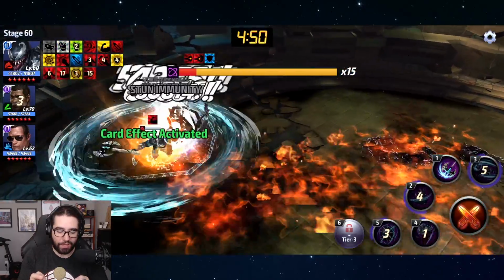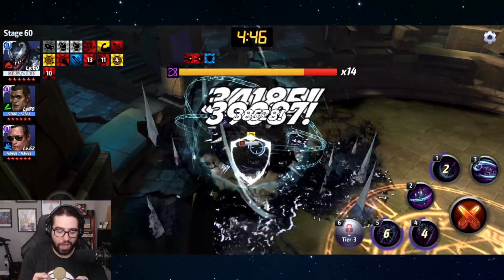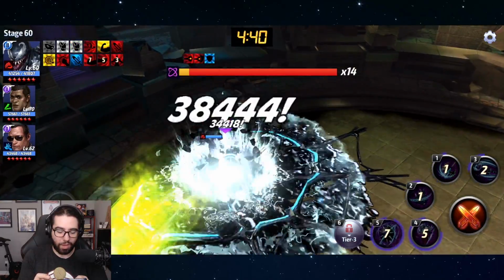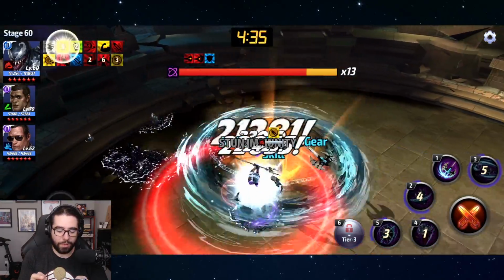Today I finally get to test what Venom is really like on my live server live test build. And I've got to say that despite how cool his skills look, I'm not super impressed with his damage at tier 2. Now that doesn't necessarily make him a bad character. This is still a monumental rework for him because he was strict